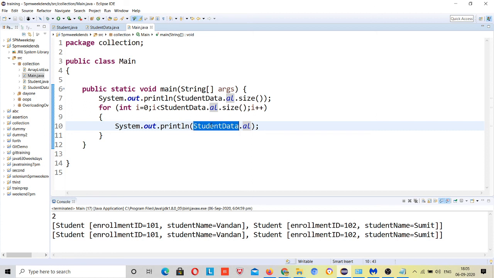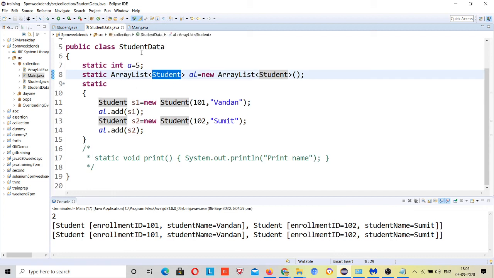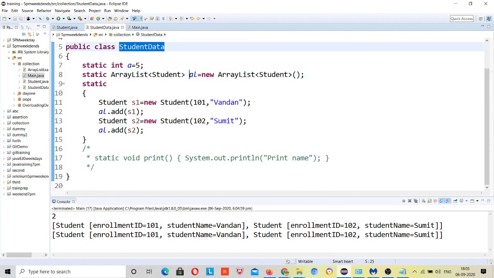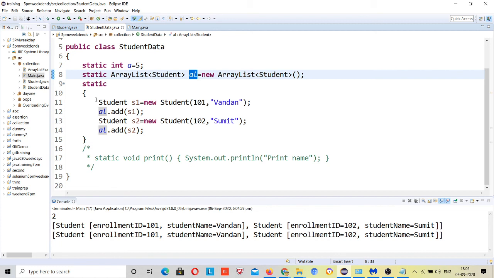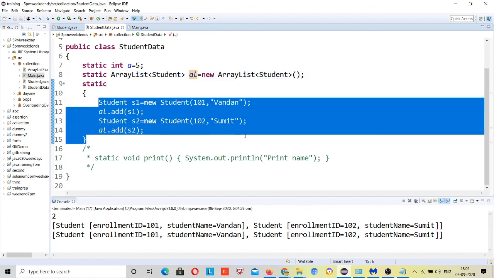If I am using student data dot variable name, this is the class name dot variable name, and if that variable is static, I can use that. You understand. What does this variable hold? This whole list, the whole array list.